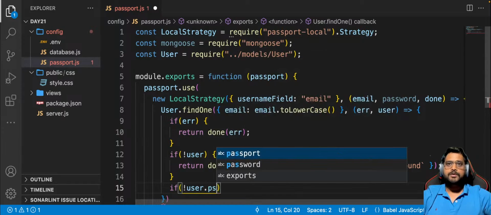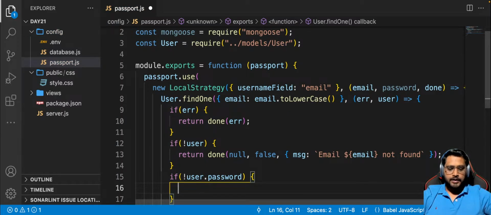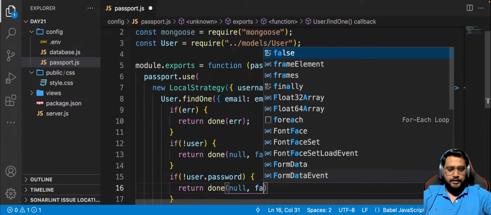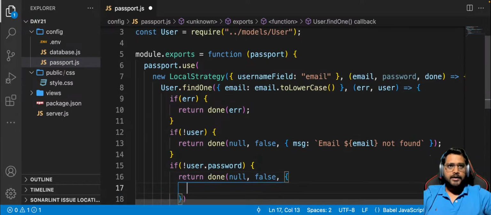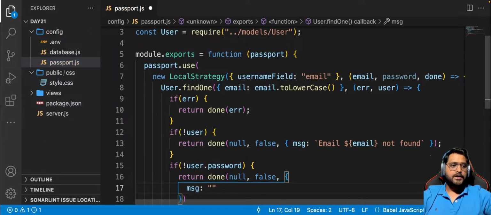Now, if you did not find your user.password, then what to do? There is no error, so null. There is also no success, so false, right? And you want to return a message saying